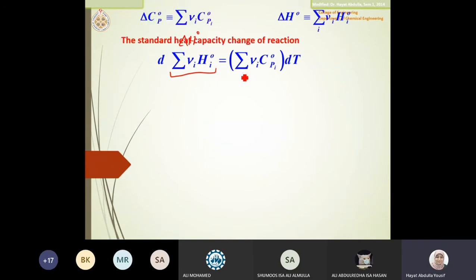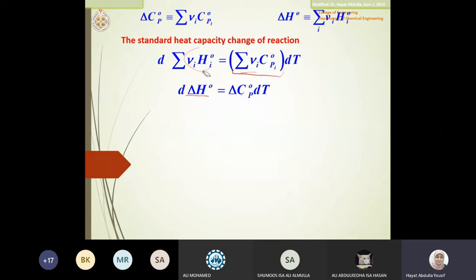Then I have to find out a way to get this. Do you remember? Or no need to remember. What I did, I just replaced this stoichiometric number times H with delta H, as you can see. The d will stay as it is. I didn't do anything with it. Here, I will use the same convention. Any summation of stoichiometric number times a property will be delta of the property. I will do the same here. Any stoichiometric number times a property will be delta of this property. You can see? So that's why I put delta here, for the same concept, same phenomenon that I used for H here.